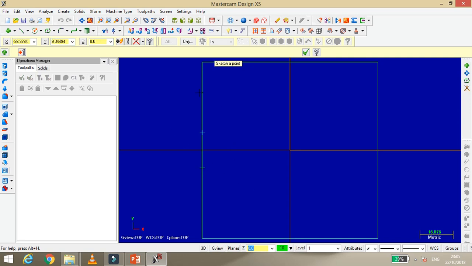The second one is 10 and -50. The third point I require for drawing the tilt line is 10 and 50. For this I need a point 50 and 30.